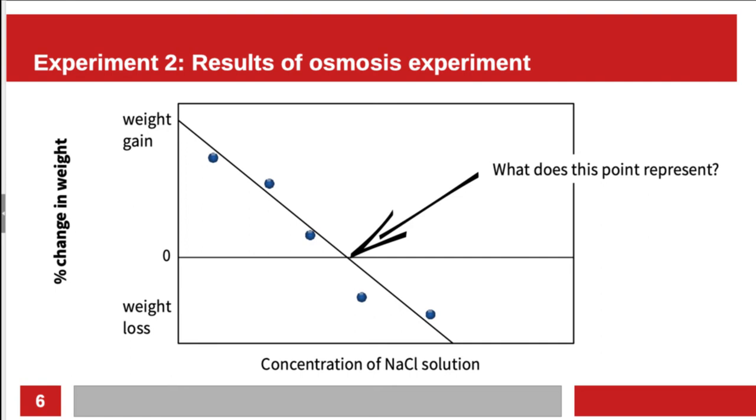Okay, now one of the interesting things about this is that we can draw a regression line through these data points, and I want you to think about the point where the regression line crosses the axis. What does that point mean? Okay, so think about what that point means, because you're going to analyze your own data, and I want you to be able to come up with an answer to that simple question. Okay, I will see you in lab.